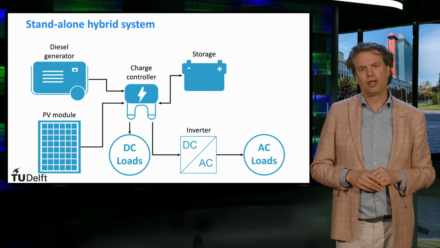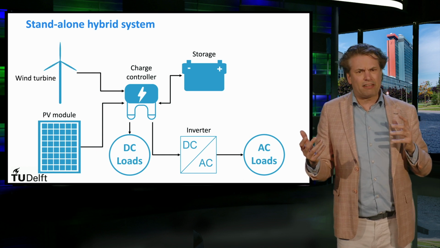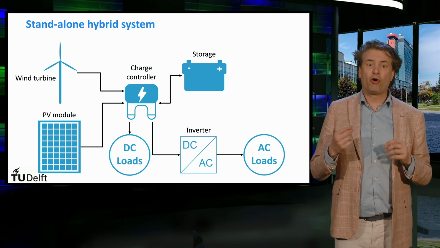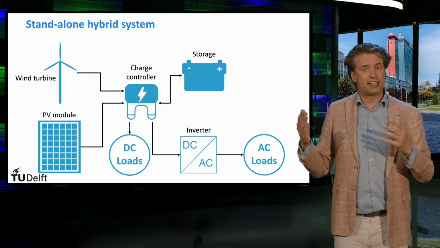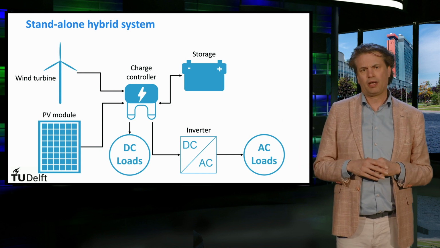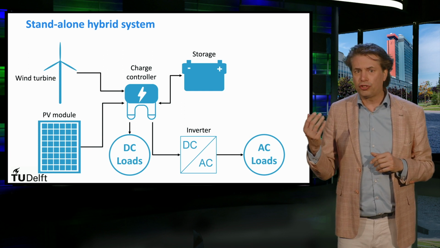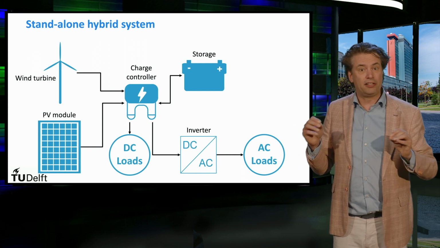In case of wind and solar, this combination has the advantage that the two sources complement each other because the peak operating times of each system occurs at different times during the day. The power generation of such a hybrid system is more constant and shows less fluctuations compared to the subsystems individually.